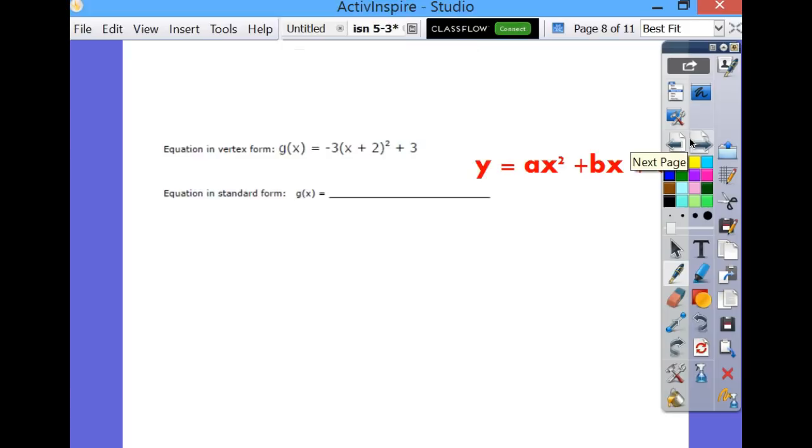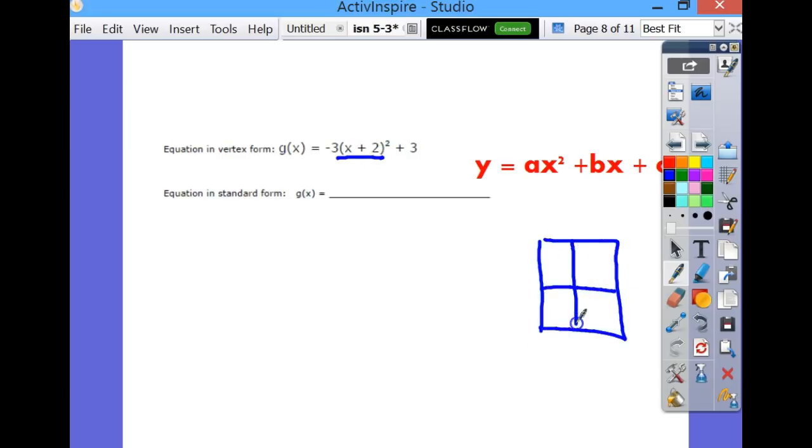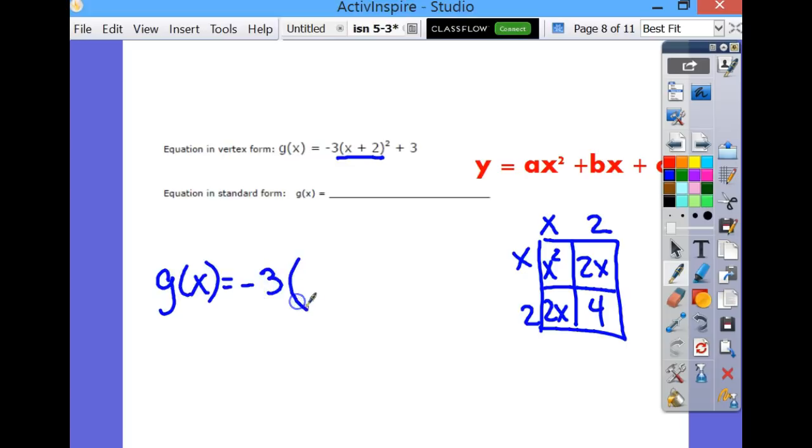This is my equation in vertex form. In order to put it in standard form, I have to multiply that out. You do not distribute the negative 3 first because of order of operation. You have to do the square before you distribute. And so if I multiply that, I'm going to have a negative 3 out in front. This is going to be equal to,